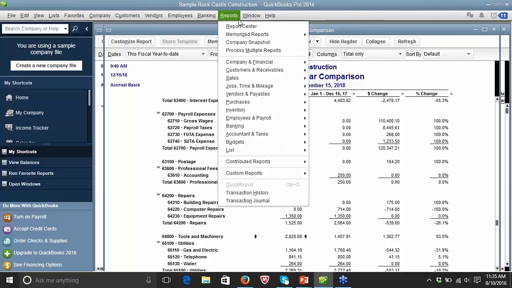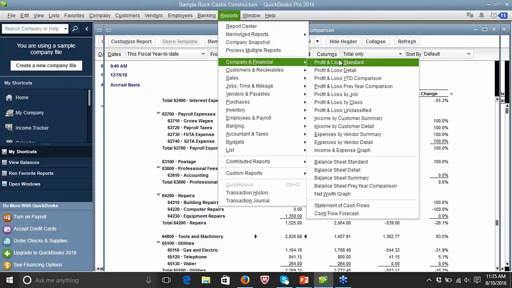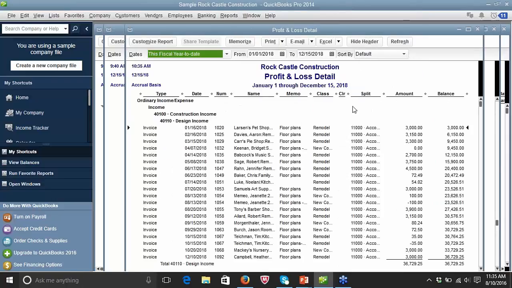program. As you can see with reports, let's say you wanted to find out some detail on your prior year comparison. You can then go into profit and loss detail and look at line items here, construction income, on a customer by customer basis. And you get a sense of how your income is changing. And you can ask for these detailed reports based on which line items are of the most interest to you.